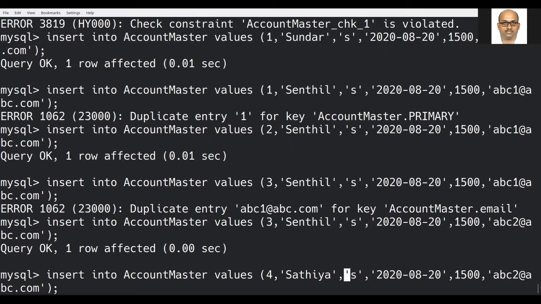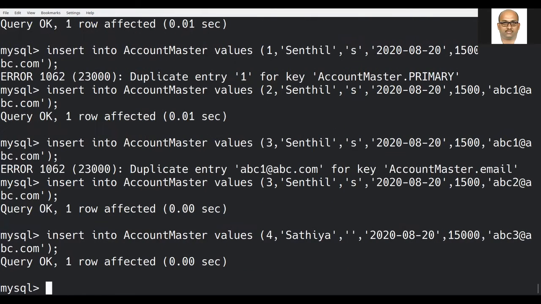Here I am trying to leave it as blank. We will check what is happening. Here the balance I am trying to update. Unique key, I am trying to change it as ABC3. Now let us check what this query gives as a result.